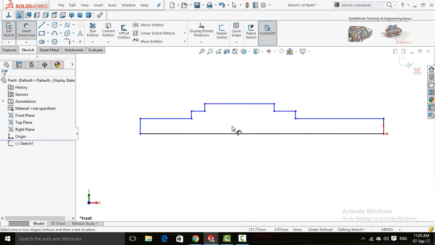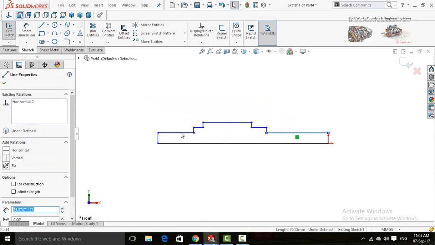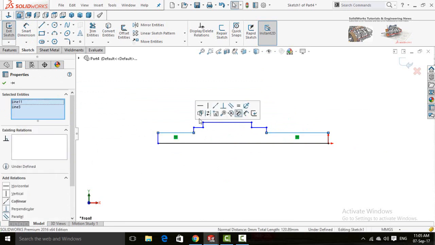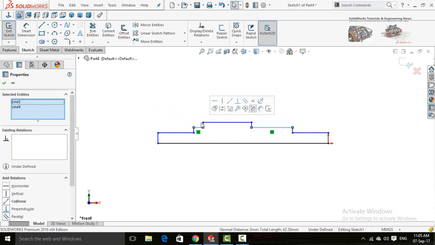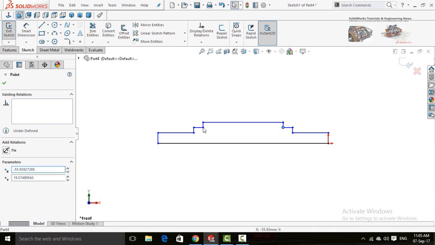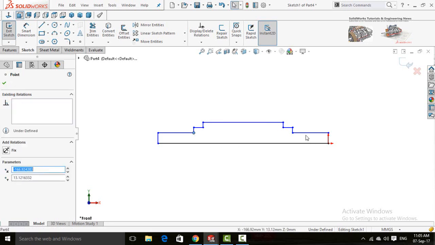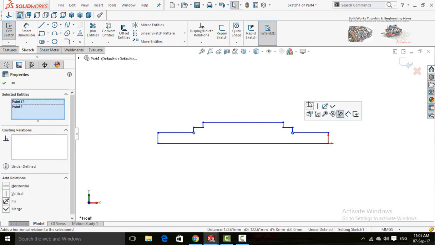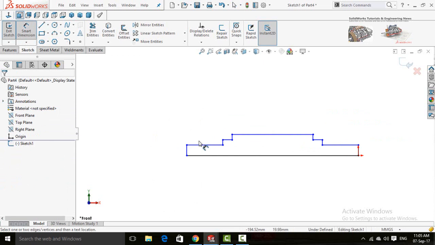Now define it, but before defining, hold Ctrl key and select both of these lines and make relation equal. Similarly for both of these lines, make relation equal. Now select both these points and make relation horizontal. Also for these points, make relation horizontal. Now define it.